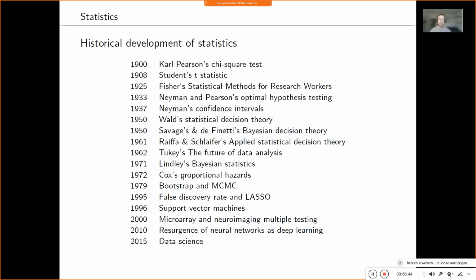And then the rest of the story, I guess you know: at one point neural networks, which have been around also in parallel. This focus is more on the statistical work. Of course, there was AI work and psychological cognitive science work already at this time in terms of the perceptron. Then you know that there was the AI winter, and then there was a new interest in connectionism in the 80s. This is not listed here because we're looking more at statistics rather than machine learning.